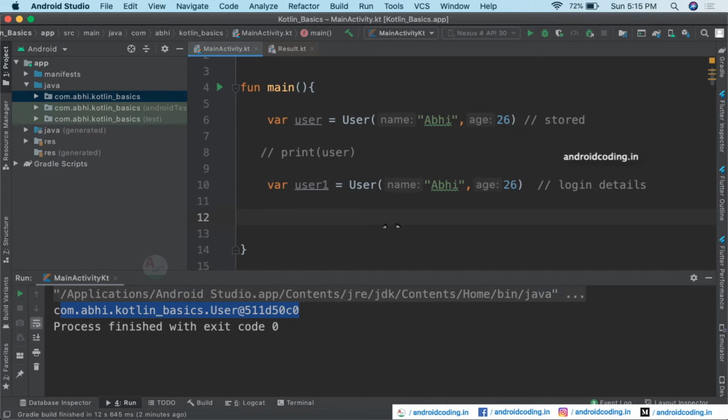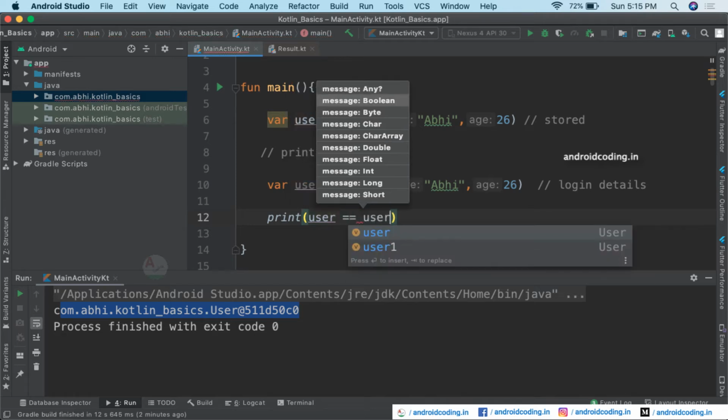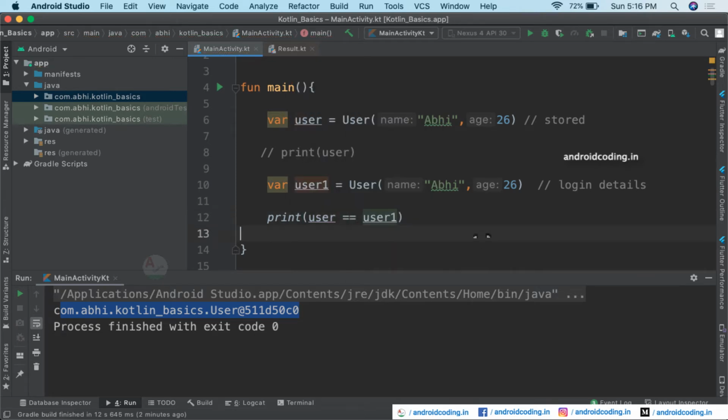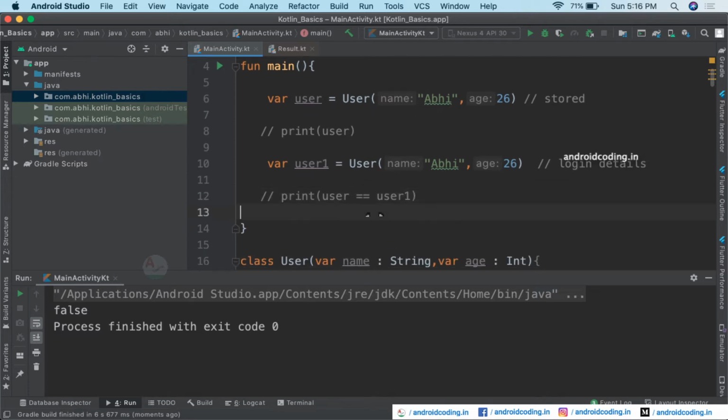So now let us try to print user double equal to user 1. As we are having the same data, let us try to check the output. What will be the result now? So here we are getting false. So the name is the same and the age is also the same, but still we are getting the result to be false here. So let's comment this scenario for now, and let us see one more scenario.